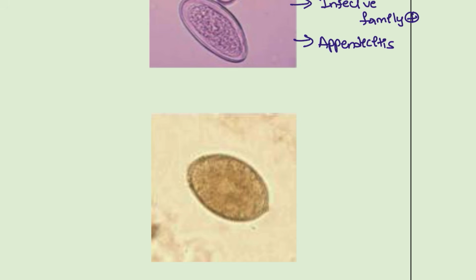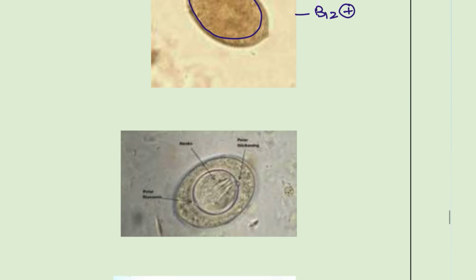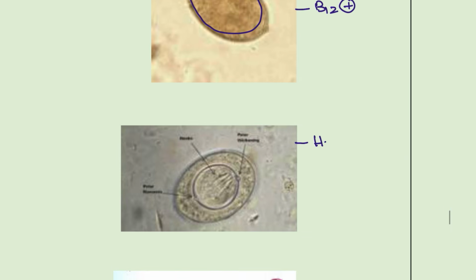And next, this is the T. latum, the fish tapeworm. So here you can see this is the operculated egg, oval shape and broad, and B12 deficiency is commonly seen with this condition. Next, this is the H. nana,